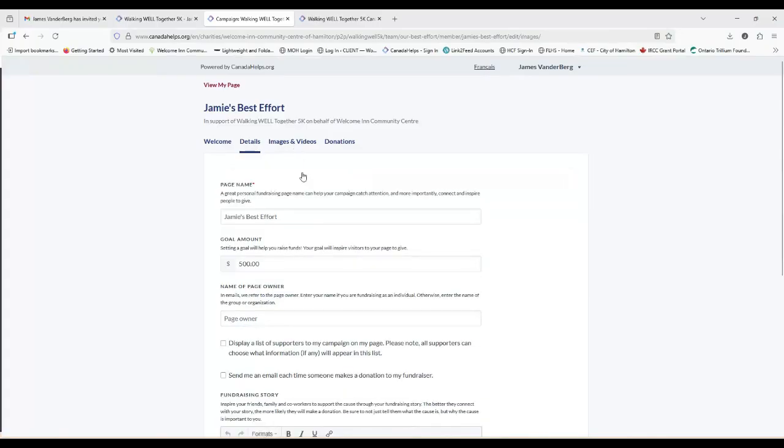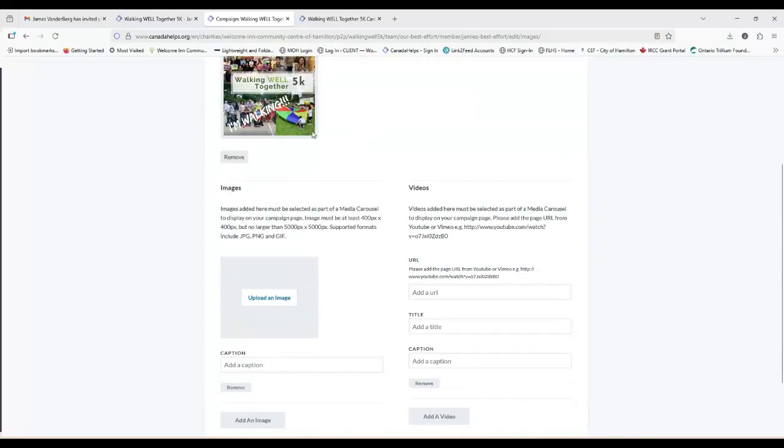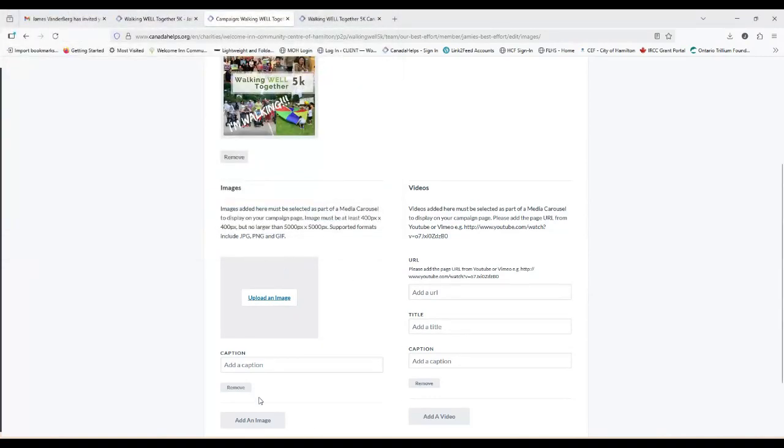And then if you do want to add any images, you can do that as well. So there's the standard one that's on everyone's fundraising page. But let's say you were doing this with your office and you wanted a picture of your staff team up on the fundraising page. You could click upload an image. It would want to pull from your files on your own computer, you can pick a picture, you can upload it, and you can add as many pictures